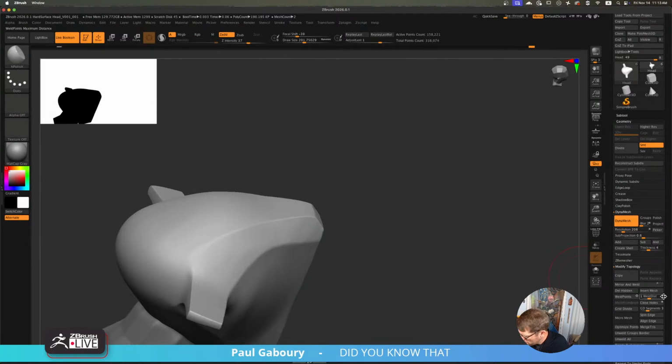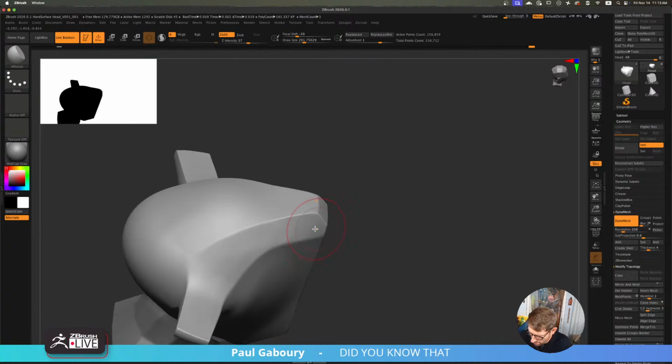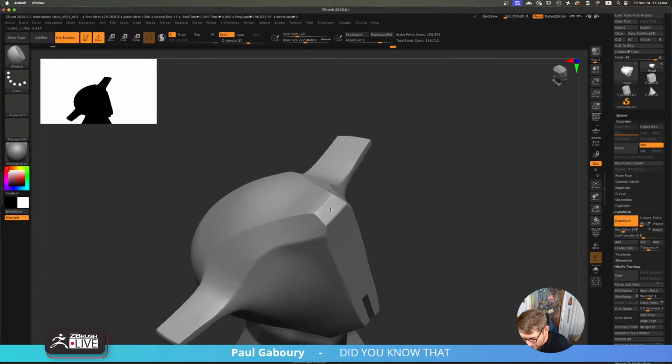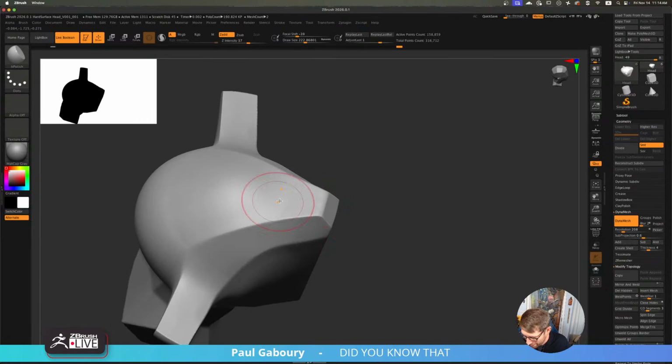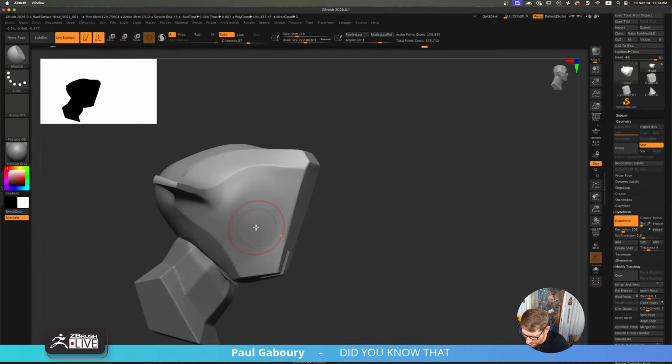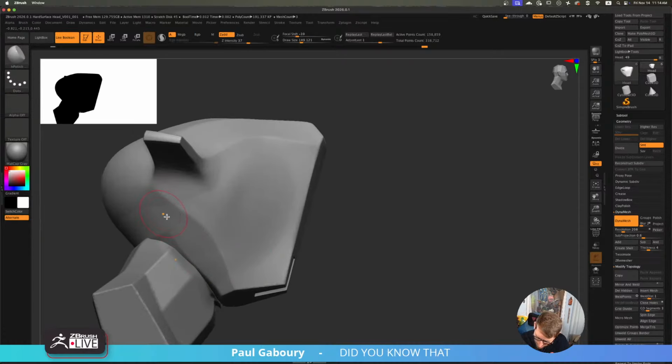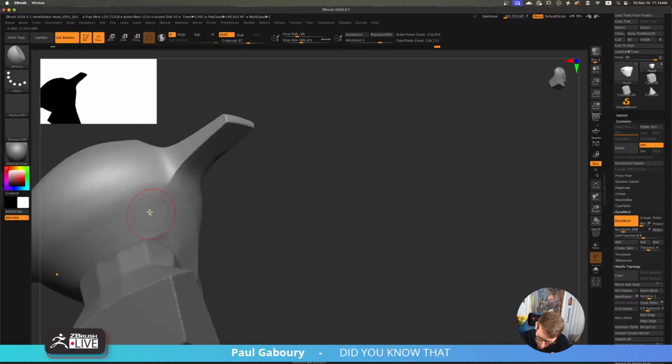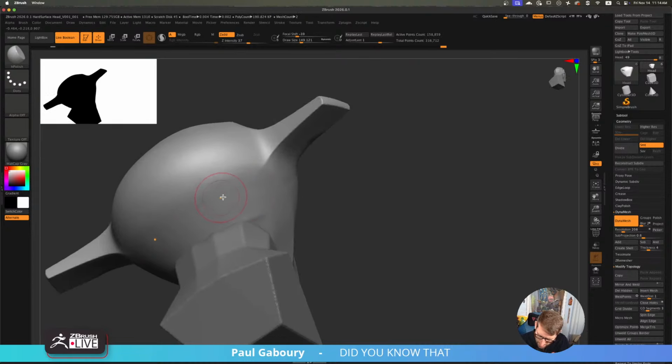And I just noticed that I haven't been working in symmetry mode. Why would you want to do that? Why would that make any sense? It's a mech thing that I'm making, so they're usually relatively symmetrical in all honesty, right? So we might as well work in symmetry. Just adding some volume, getting rid of that so it looks like it wasn't just a bunch of spheres thrown together making this. So just get rid of some of these lines that I put in here.